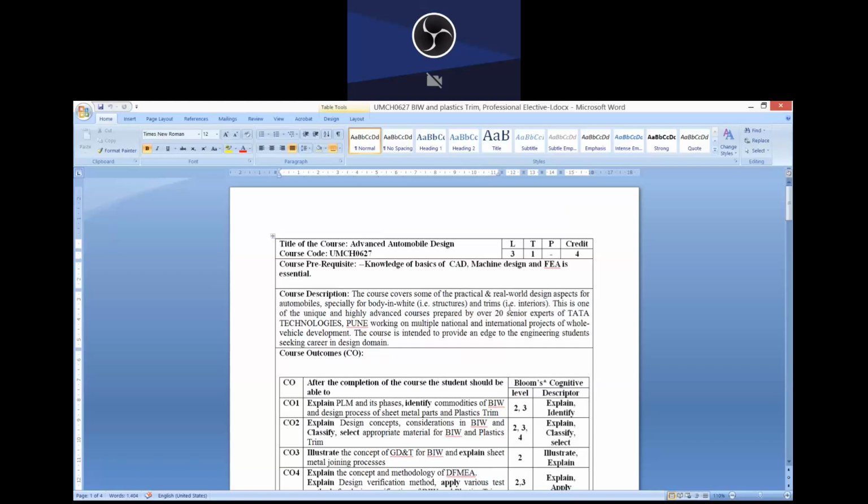Now what is BIW? Basically BIW is body in white, that means the entire chassis of your passenger cars, and interior trims is all the interior parts that you see when you enter into the car. So we will be dealing with various design principles, various materials, the material selection criteria, the design criteria. Then we will be also discussing